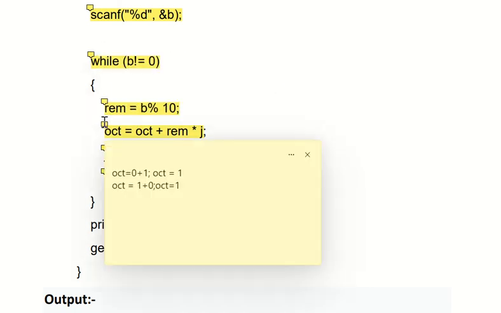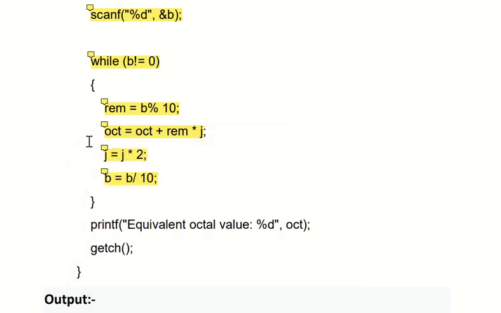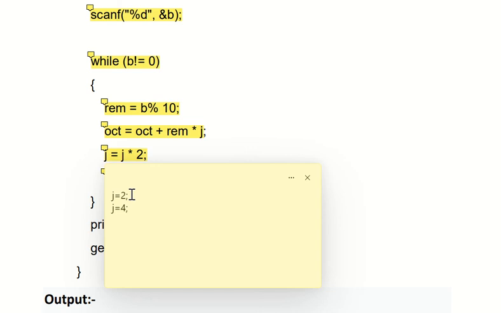After that again this line. Again I will copy the same line. Octal equal to 1 is the latest value of octal, plus 0 into anything is 0 only. So again octal equal to 1 only. At this point, now j is equal to 8, because 4 into 2.